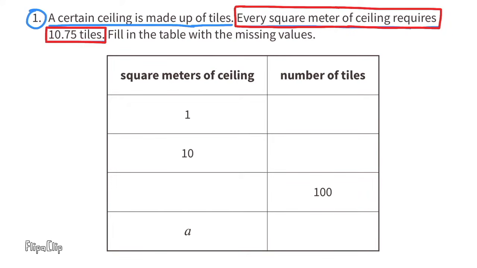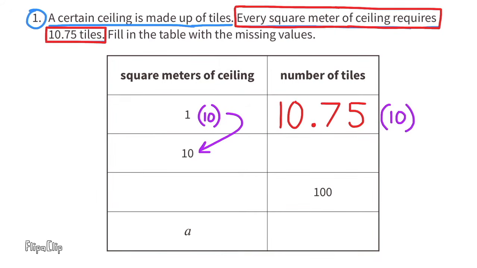Outlined in red, you can see that every square meter of ceiling tile requires 10.75 tiles. That's almost 11 tiles. So 1 square meter of ceiling requires 10.75 tiles. Multiply the 1 times 10 to get 10 square meters, and multiply 10.75 times 10 to get 107 5/10 tiles. That's 10 times bigger than 10.75. So for every 10 square meters of ceiling, you would need